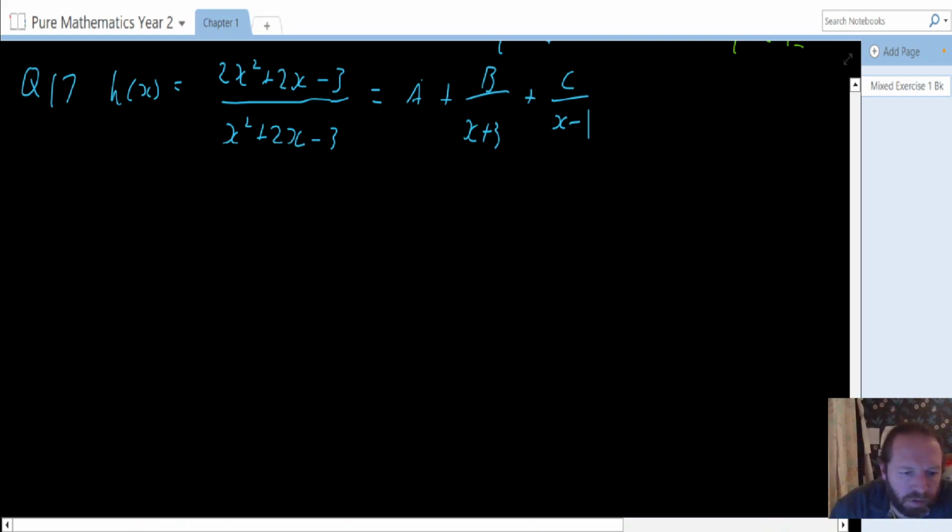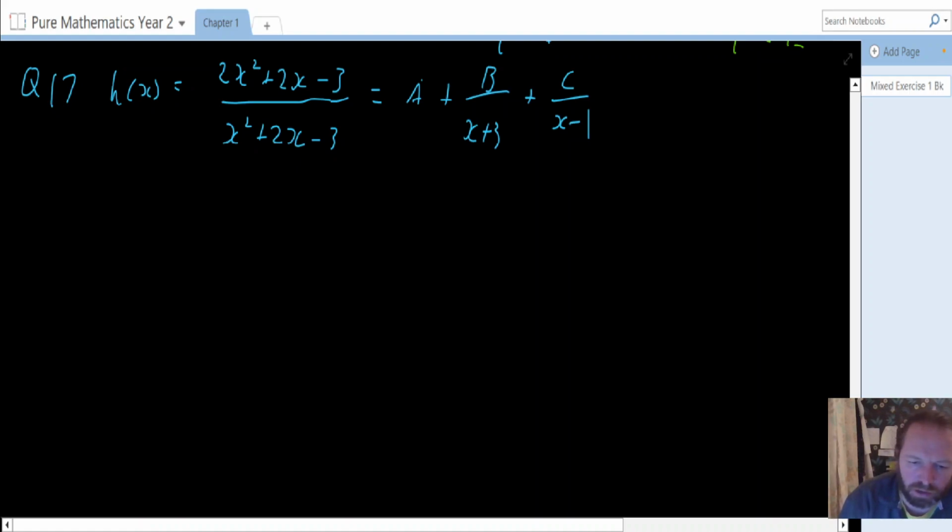Here we are doing Pure Mathematics Year 2 at Edexcel, Chapter 1, Algebraic Methods, Question 17. Okay, so we've got the function h of x is equal to 2x squared plus 2x minus 3 all over x squared plus 2x minus 3. Almost the same, isn't it? Anyway, right, so I hope that you can see that